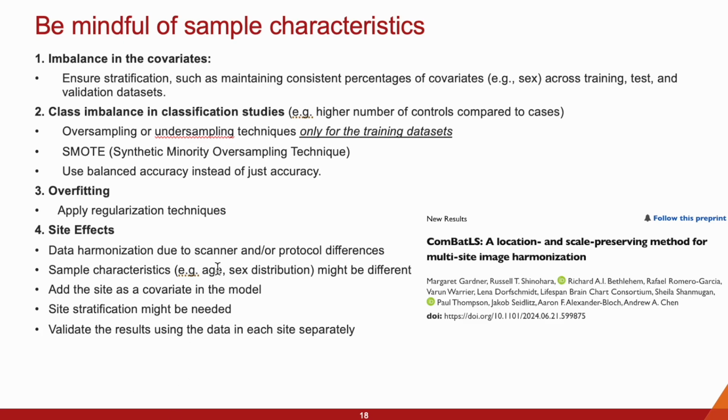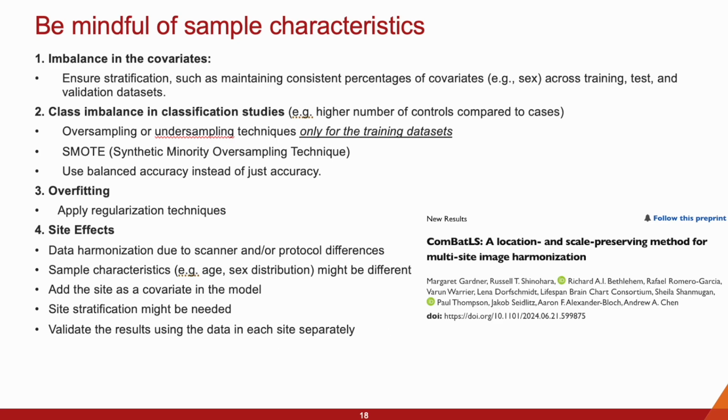It's also important to validate our results using the data from each site independently to ensure that the model generalizes well across different conditions. So we want to make sure that our model doesn't only perform well in one site